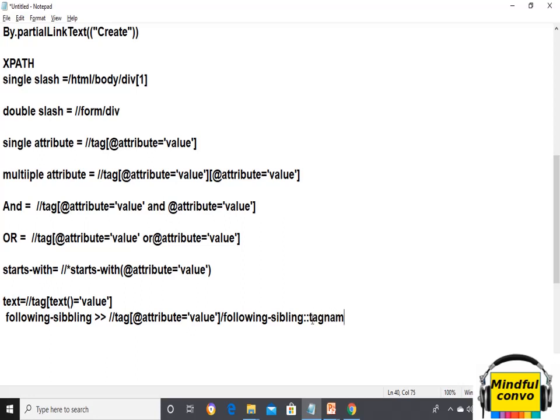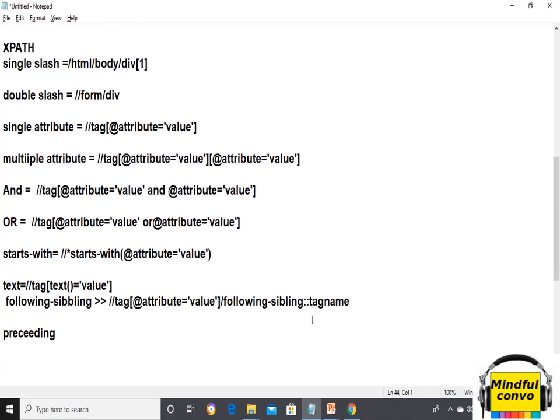Okay, and the last one is preceding. Its example is, if I am on the last element and I want to go to the parent of it, then we will use the preceding.